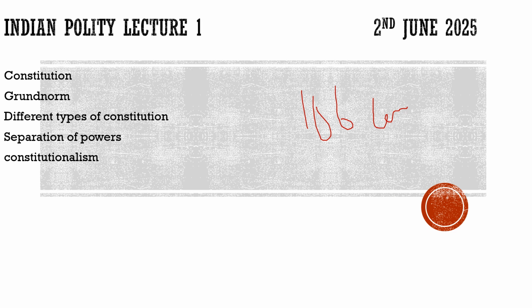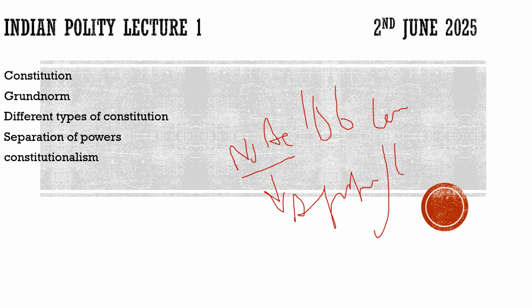What will the judiciary do? Suppose any law is formed. For example, I will give you the example of NJAC. In 2014, the National Judicial Appointment Commission was formed. The principle was that for the appointment of judges, there would be members from the executive, in a nutshell. So the case went to the Supreme Court, and the Supreme Court said that it is unconstitutional.